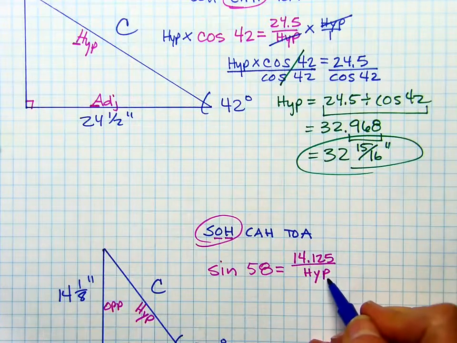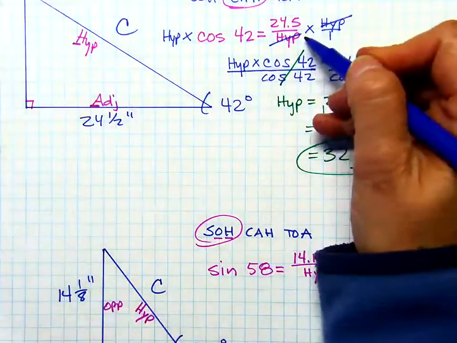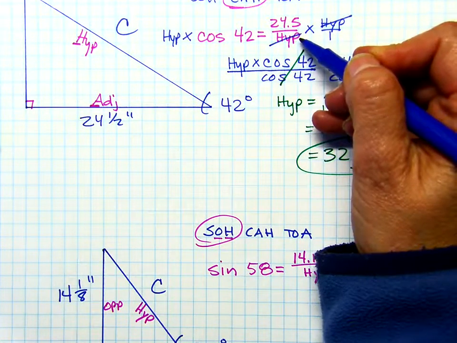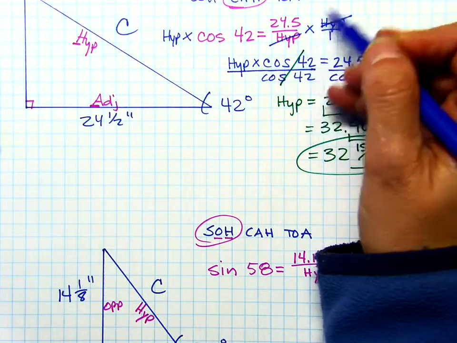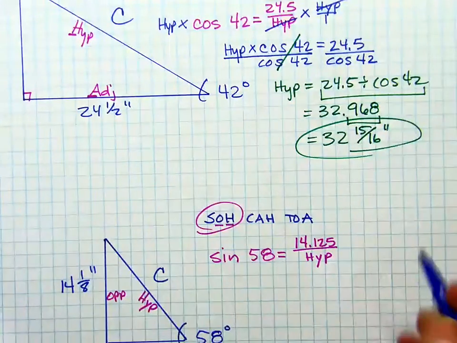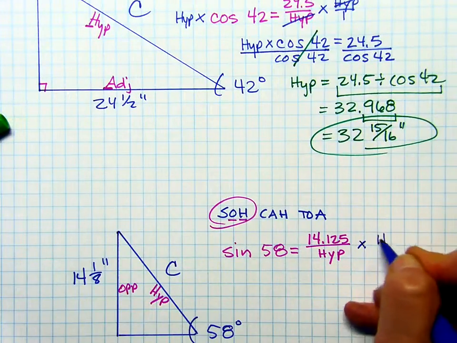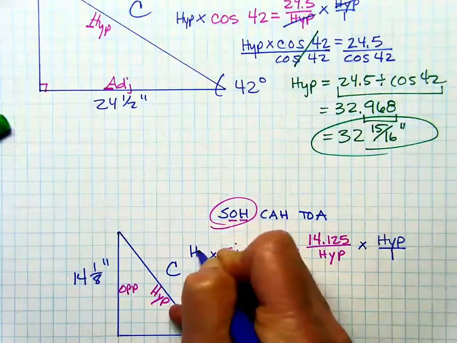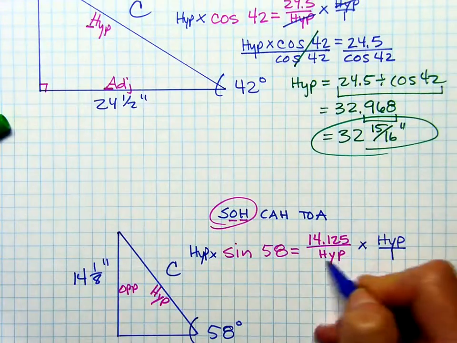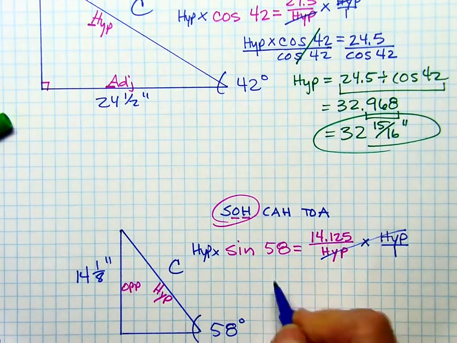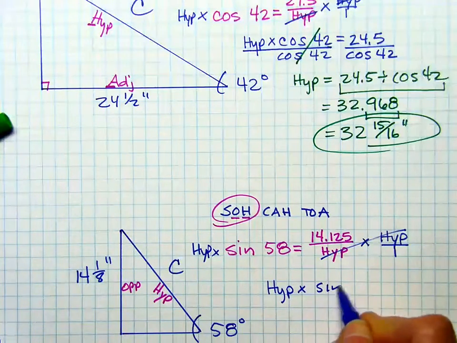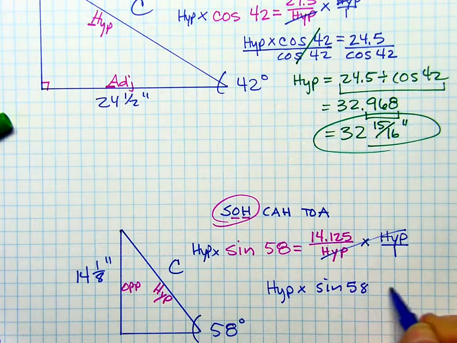Notice that our unknown is in the denominator here, just like this one here. And in this case, in fact, it was the same variable as the hypotenuse. So we're going to multiply by the hypotenuse to both sides, and that's going to cancel. And if I rewrite it, it's going to look like this: hypotenuse times sine 58 equals